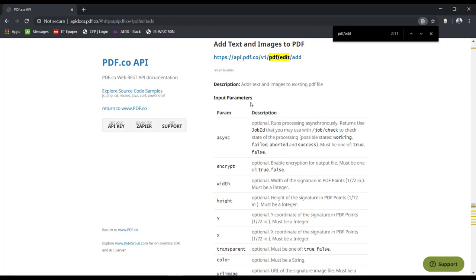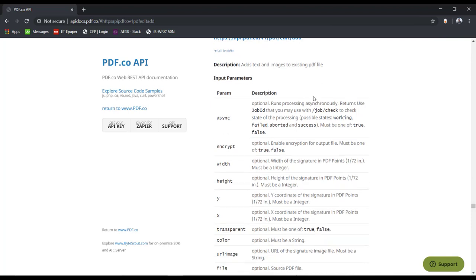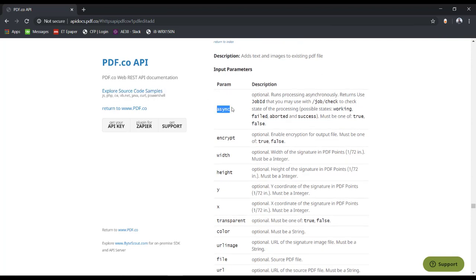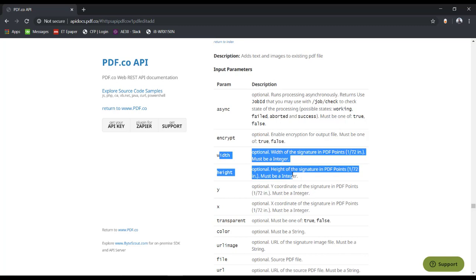So input parameters, most of the input parameters are universal, like the async parameter if you want the output in async mode, the encrypt parameters if you want the output file encrypted. Here are the width and height parameters, the width and height of the input image.